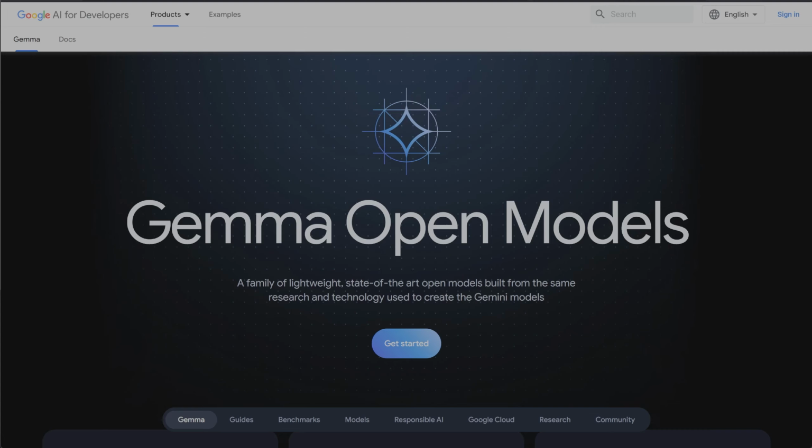So a few weeks ago, Google released their Gemma series of models. These are open models that are based on their Gemini research and training methodologies that come in the 2 billion and 7 billion range. And Google has released them on Hugging Face, so anyone can download, retrain, and upload them as they see fit. So I thought I would go ahead and show how to get started with these models